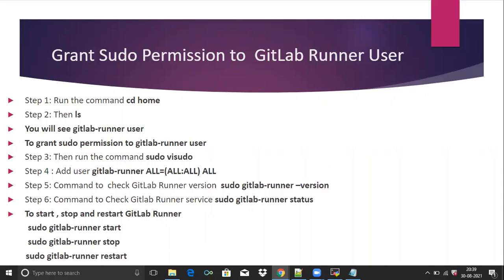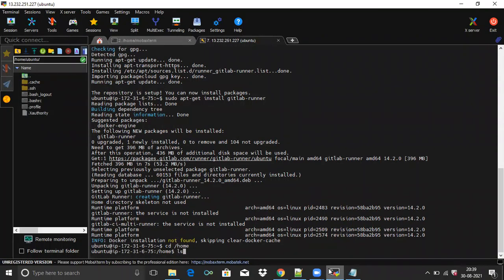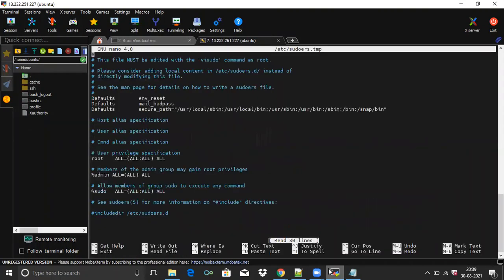Firstly run this command: cd /home, then ls. Now you will see the GitLab Runner user. To grant sudo permission to the GitLab Runner user, run this command: sudo visudo. Then you can see your root.